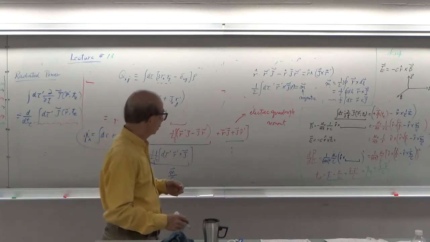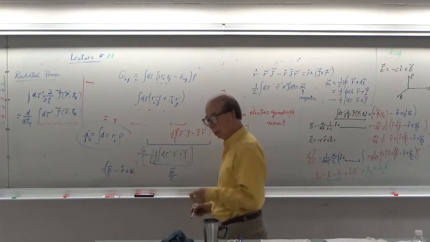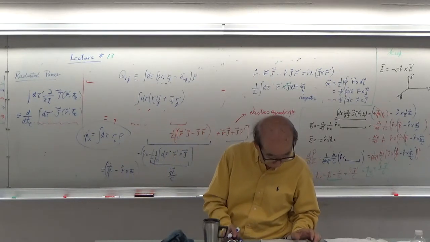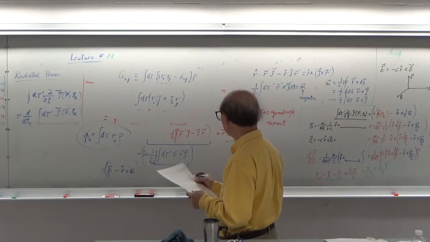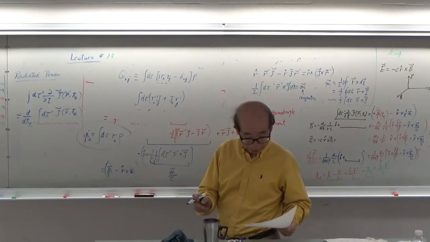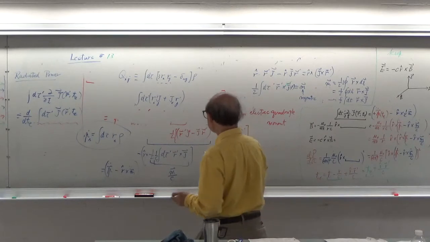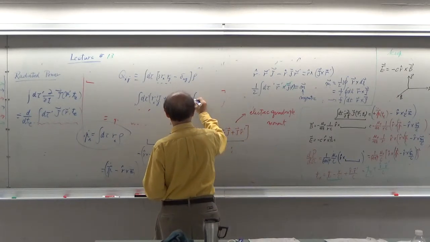So what is that? A moment for r'_i r'_j. Okay, that is the integral I want to calculate, and I claim that this can be written as one integral